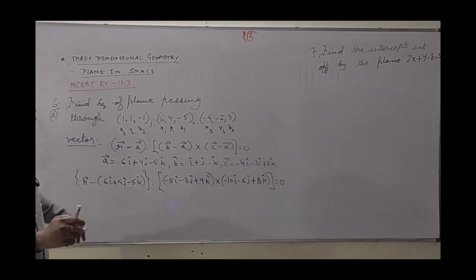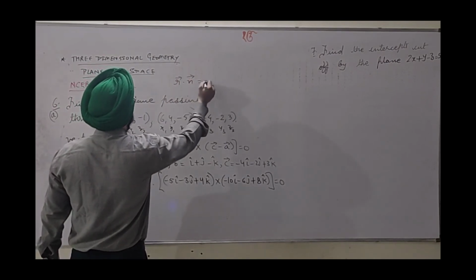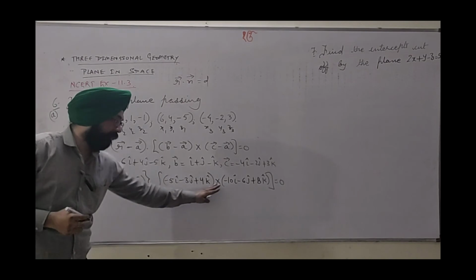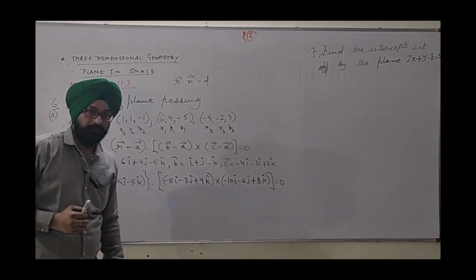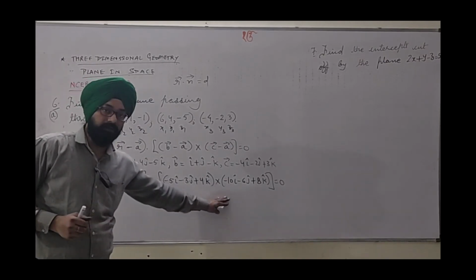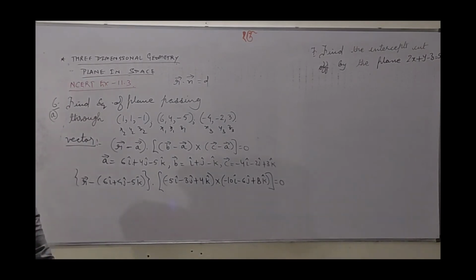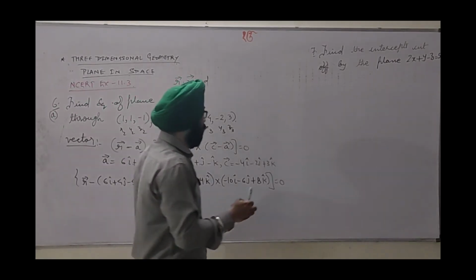I told you we always write the standard form, we consider the standard form as r dot n equal to d. Means here we need to find out the cross product also. Okay, it can be done. But as it is a plane passing through 3 points, if you are writing this way, it doesn't matter. Okay, and further, suppose you still want to solve, so how to find the cross product? Let me explain.